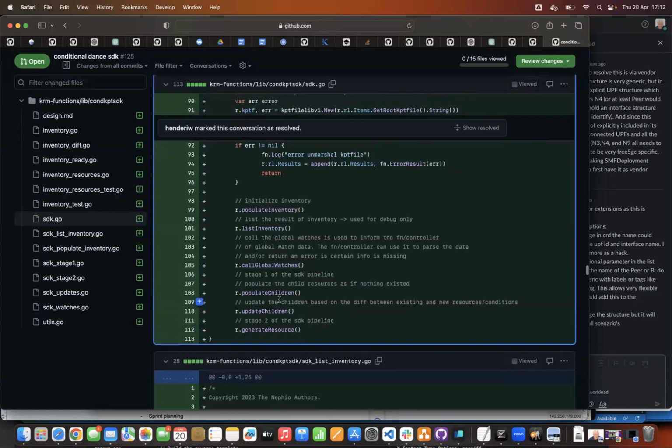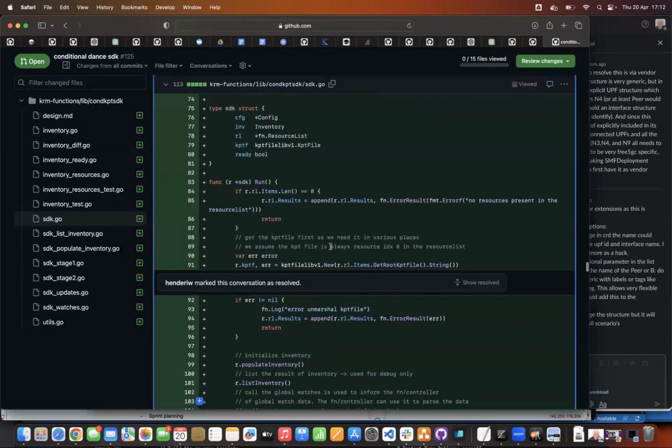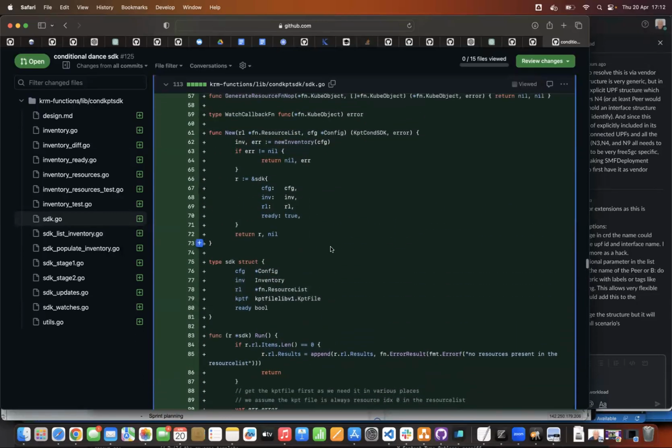I tried to split the code into pieces such that they are more readable, I hope, but I don't know. People have to see what they think about it. But this is going to be an important one because all the functions are depending on this. So what is missing at the moment?